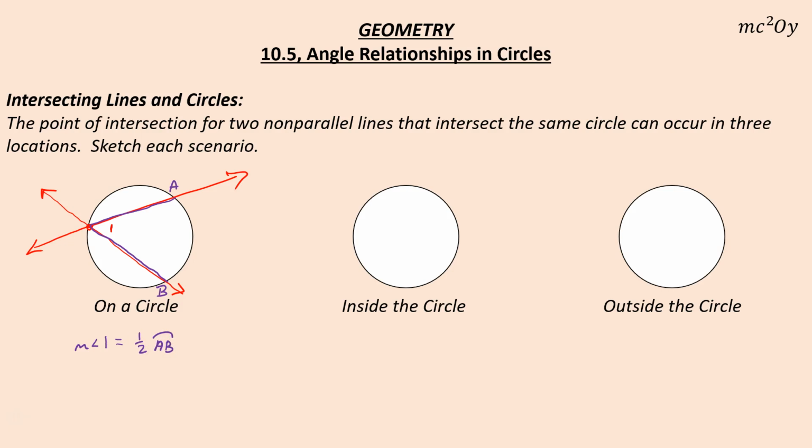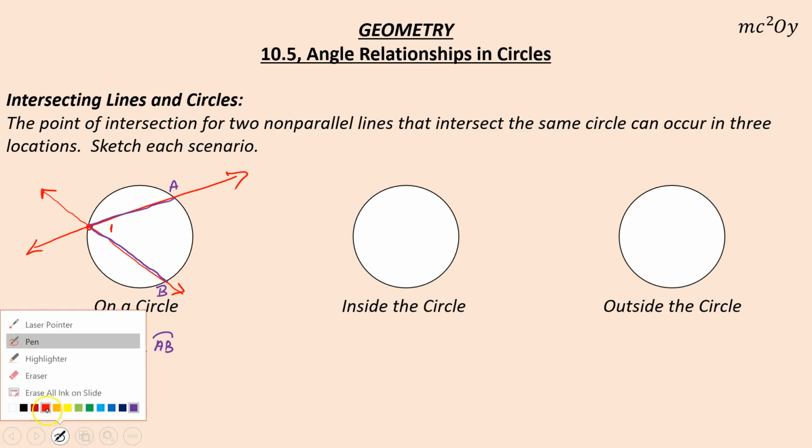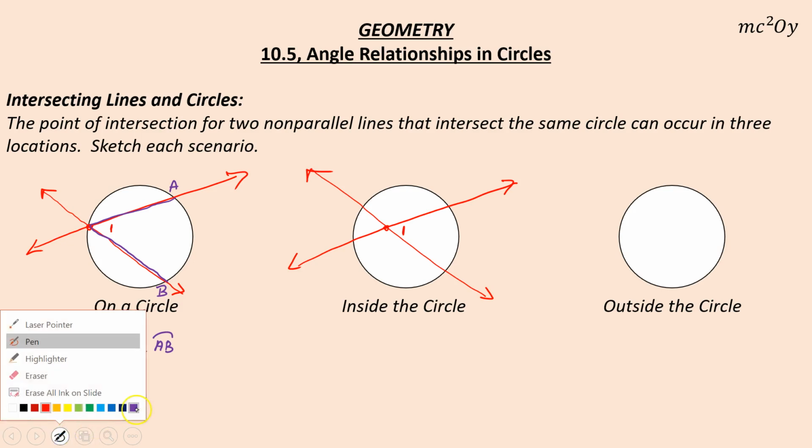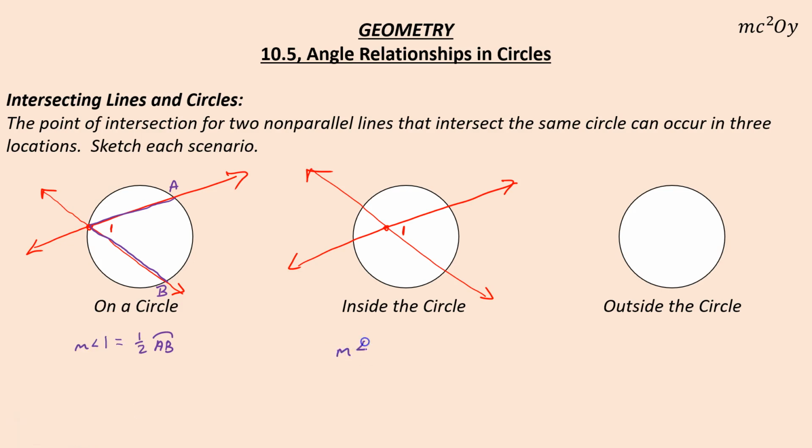Okay. Well, let's go ahead and draw a different picture here. So we have this picture where our non-parallel lines will intersect inside the circle. Notice I have angle 1 again. It's just kind of moved off the circle to inside the circle. All right. And in this case, the measure of angle 1 changes here. It's inside, it's being included, but we're still at a 1/2 relationship. It's just we have to take 1/2 of